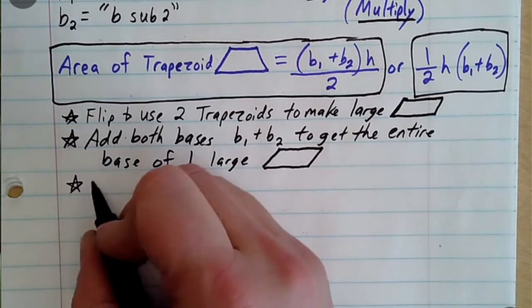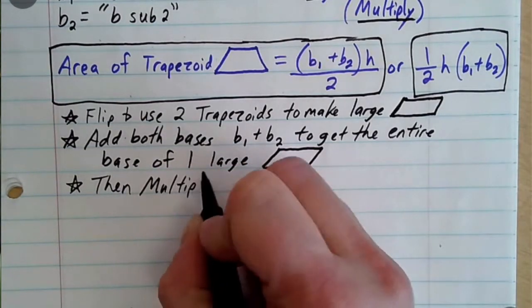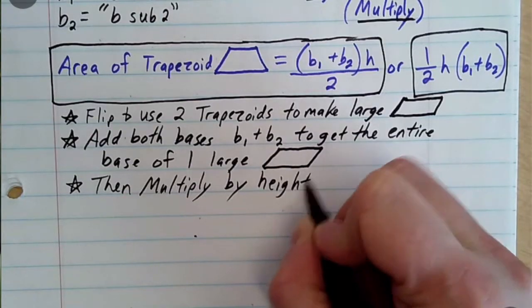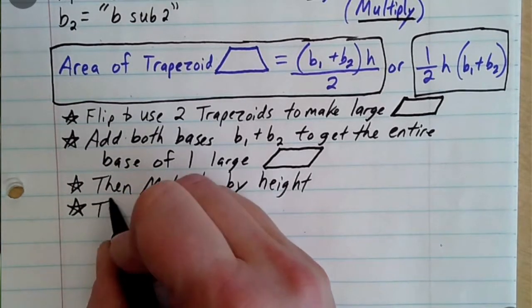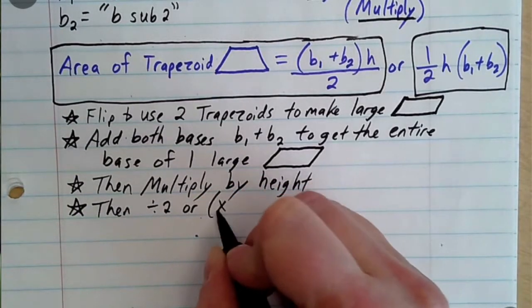Then you have to multiply by the height. The height makes a right angle with both of the bases. So once you get the area of the one large parallelogram, we only want the area of one trapezoid, so we have to divide by 2. So then you will divide by 2, or some people call it multiply by 1/2,